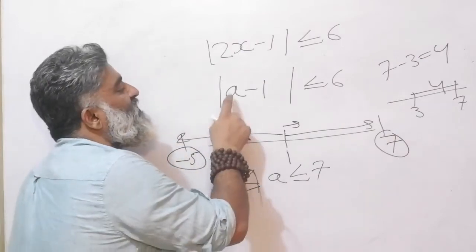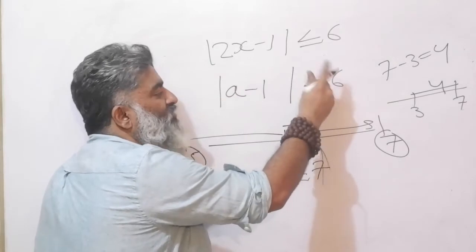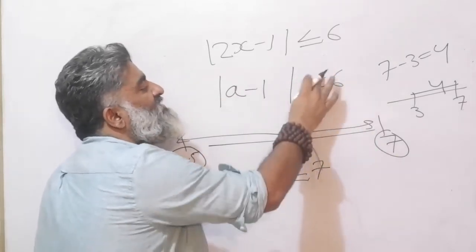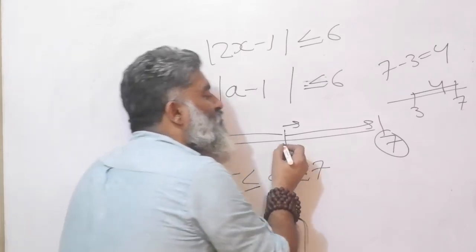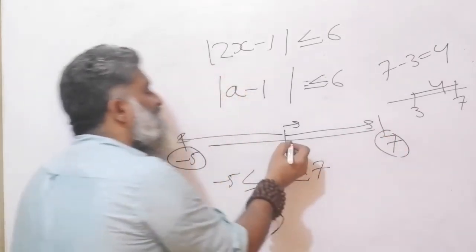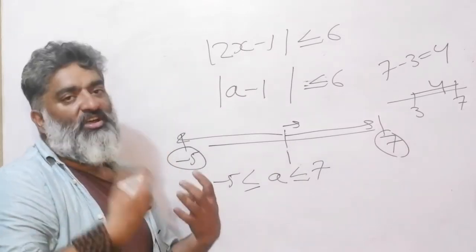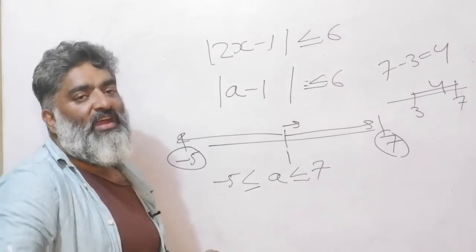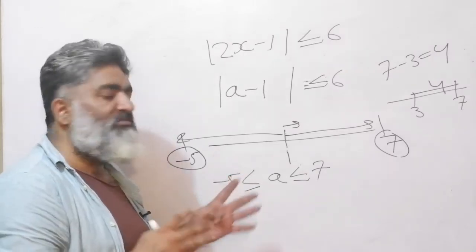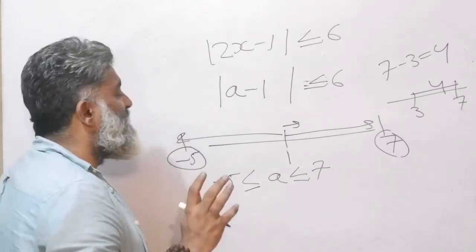So the distance of a from 1 is 6 units, or, with the equal sign, it's 6 units. Now think backwards, it is saying 6 or anything less than 6 is also fine. So you could go up to 6 units in this direction, and so on in the other direction as well, right? Because it's still at the starting level, I'm spending a little extra time. Hopefully as we move ahead in the exercises and examples, we'll not be discussing this much. This is just in case, always just in case for the beginner, right?